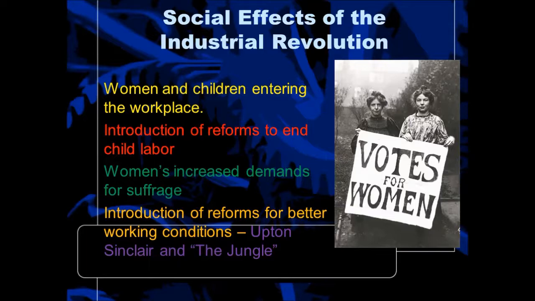Upton Sinclair is not the only one, but in writing The Jungle, he really got the attention of Teddy Roosevelt. And because of that one book, we now have the FDA, the Food and Drug Administration, that has all these laws about meat products and what you're allowed to sell to people and all the rules about that. How long can you have it sitting on the shelf? All of that. So Upton Sinclair started working on reform for better working conditions, and it ended up that he exposed the meat industry and how we were all eating rotten meat. So all of these things, again, a domino effect.